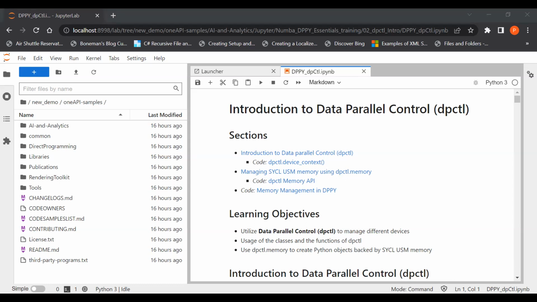Let me paste it in the chat window. So I posted the link to GitHub, and once you download it,